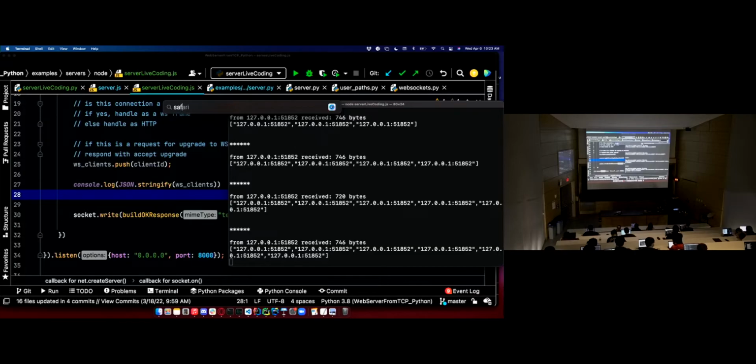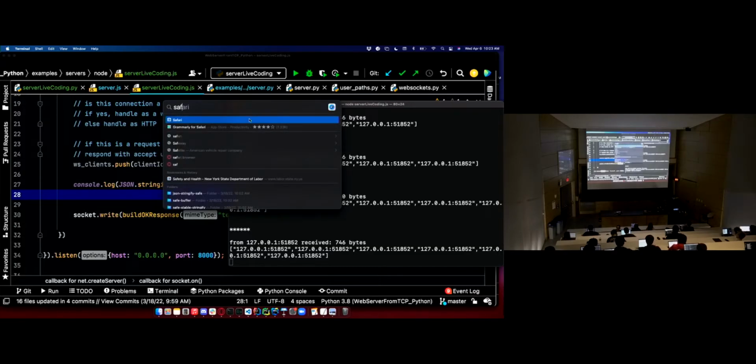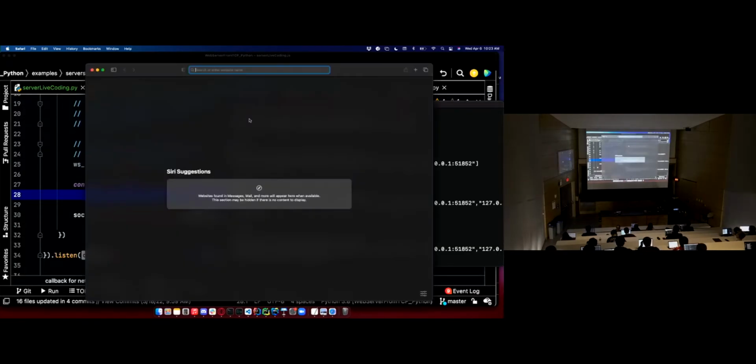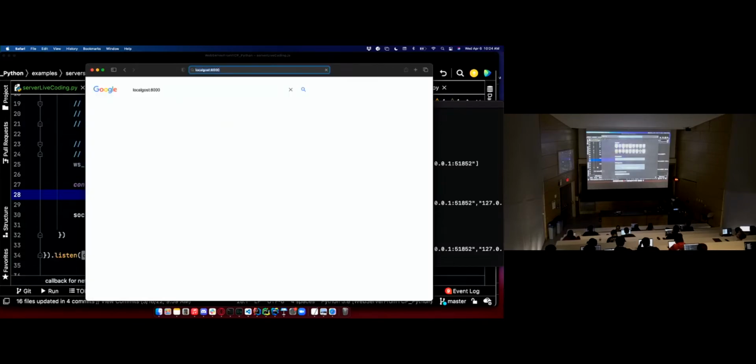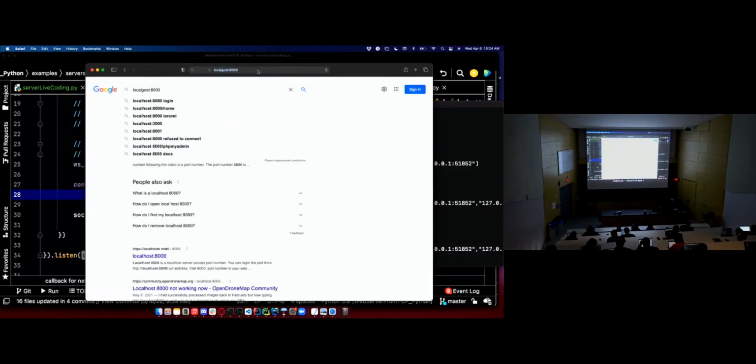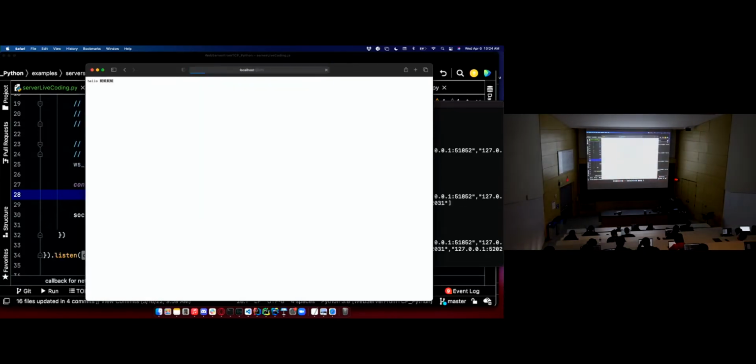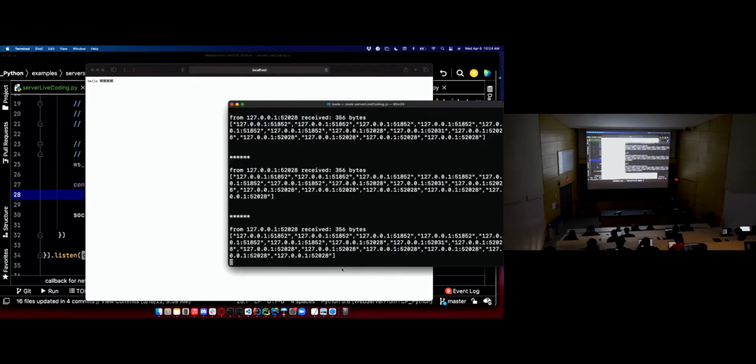Safari, since I'm forced to have this one. Localhost 8000. Come on. Localhost. Let's see if Safari gives us, maybe if we do it fast enough, different port numbers.